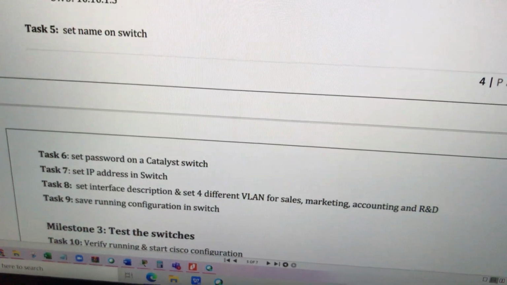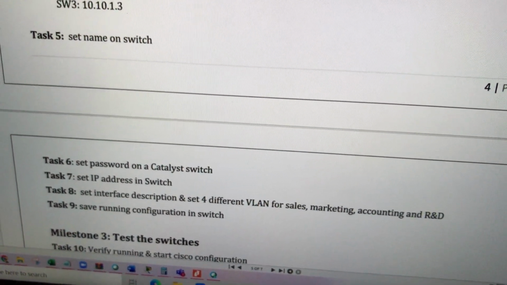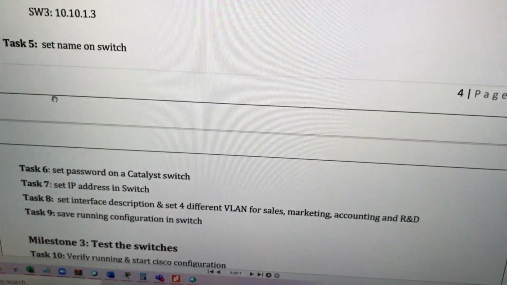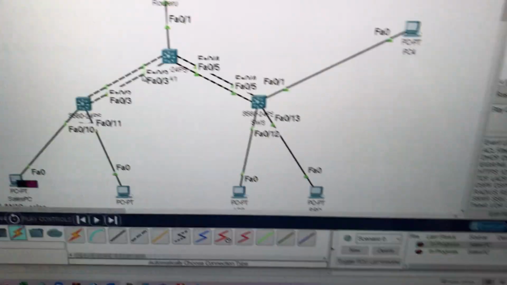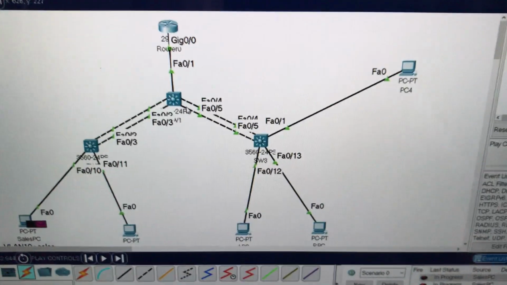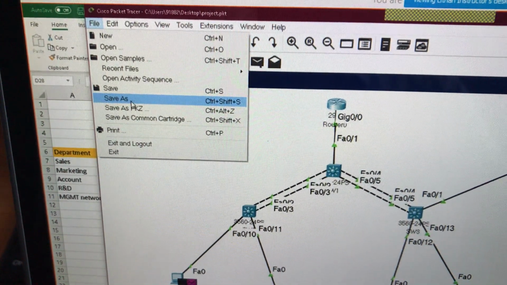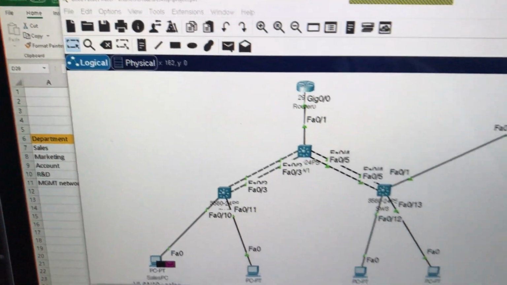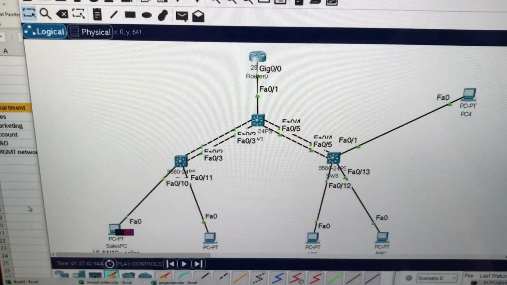How to save the configuration so you are able to retrieve it after the tracer ends? Just write down, save the configuration in the PCs and the switches and the routers and save it here. You can have 3 saved. Yes, the Excel I will be posting in the group.